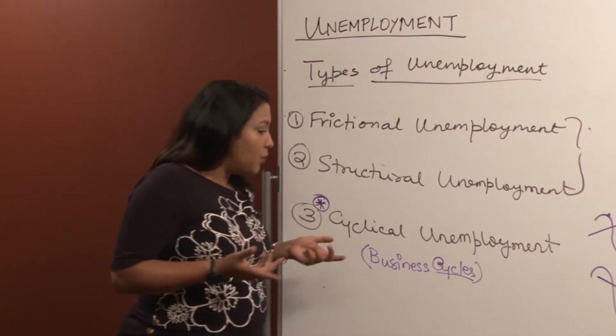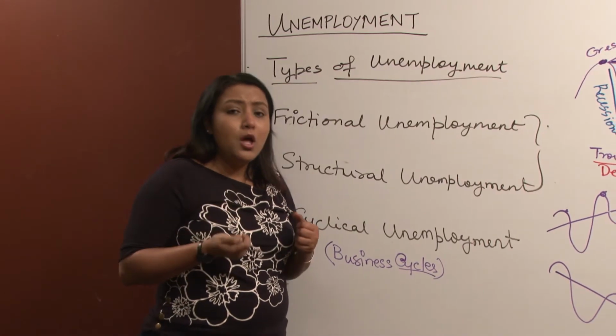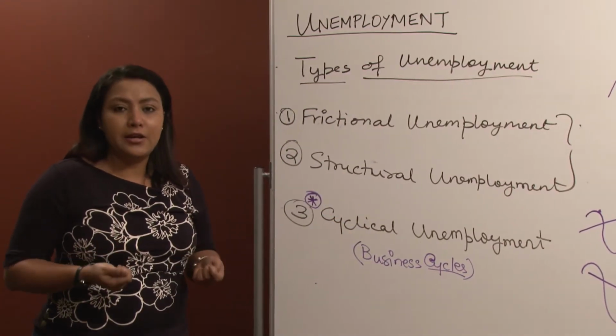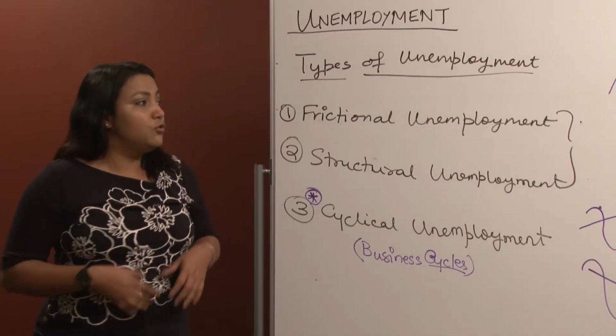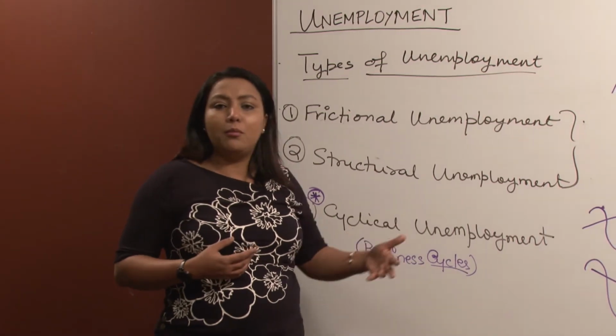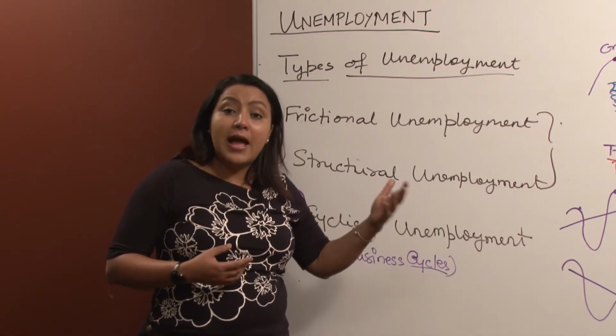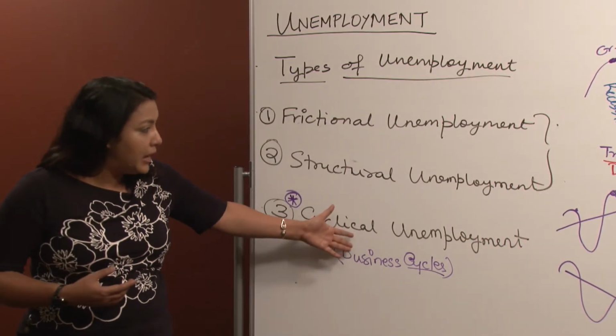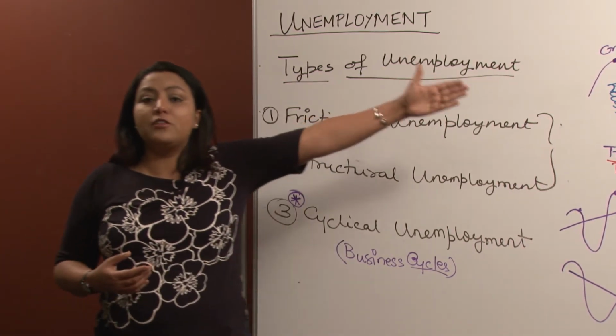Okay. Now we are almost towards the end of the discussion of unemployment. Now let's talk about a few criticisms and a few advantages of using the unemployment rate as an indicator of macroeconomic health. So when we began the chapter, we said that we were looking at unemployment because it was another measure like GDP which could tell you about your macroeconomic condition. It could tell you whether you are in a recessionary phase or a recovery phase.